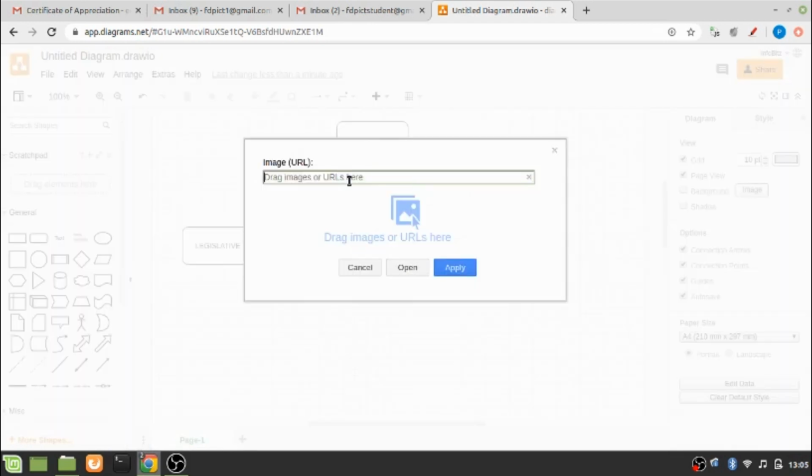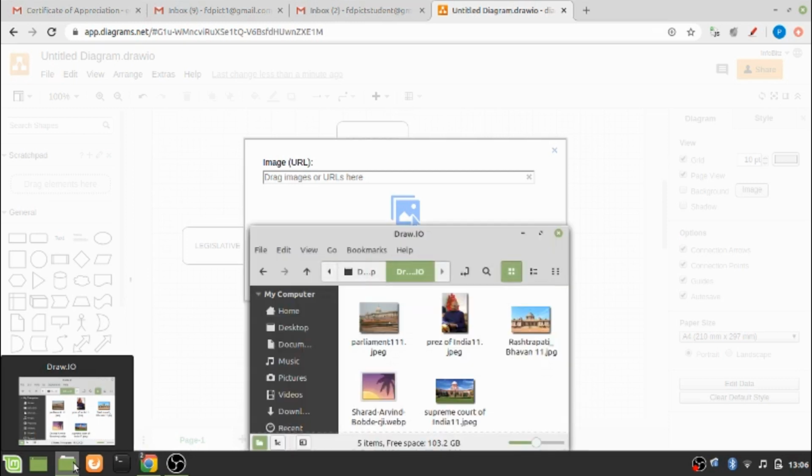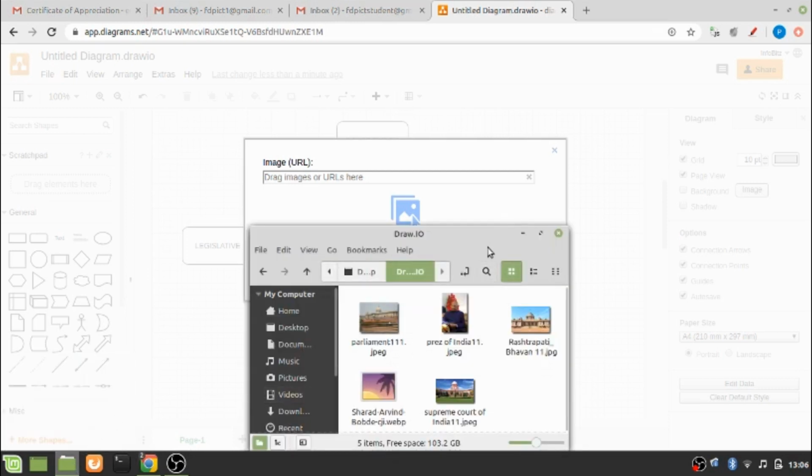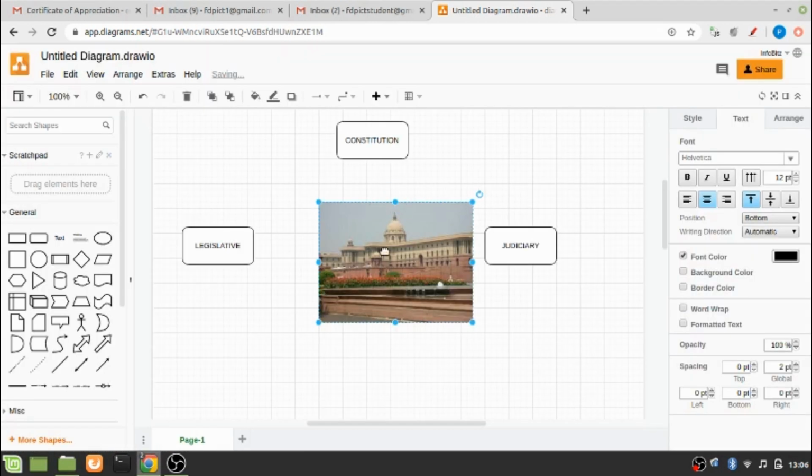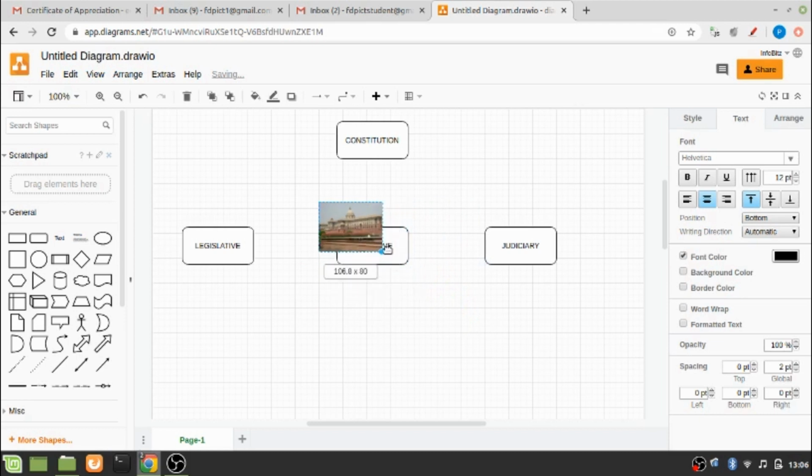If I have some images stored in my local device, there is an option to directly drag the images from my device to this wizard. I have this window, and here I have some images already saved for this purpose. Let me first drag the Parliament House over here. See, the picture of the Parliament House has been added here.